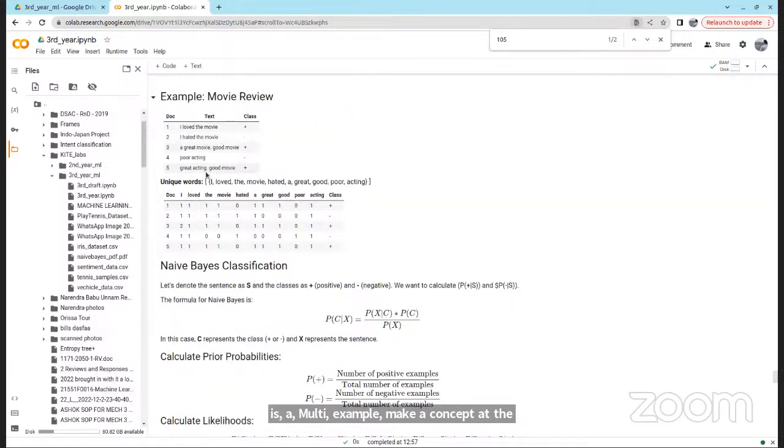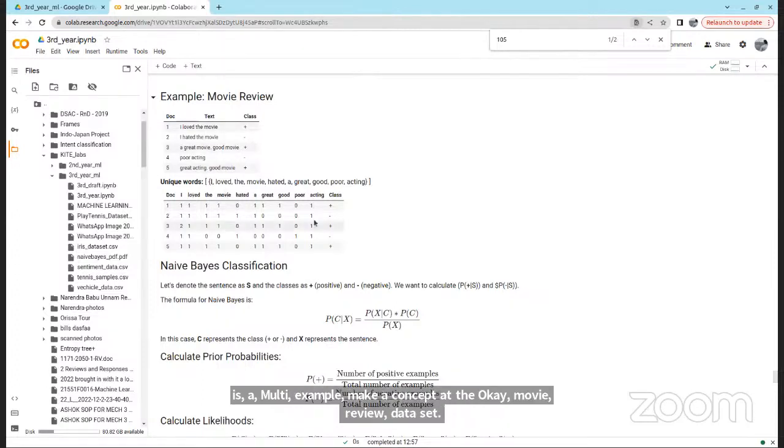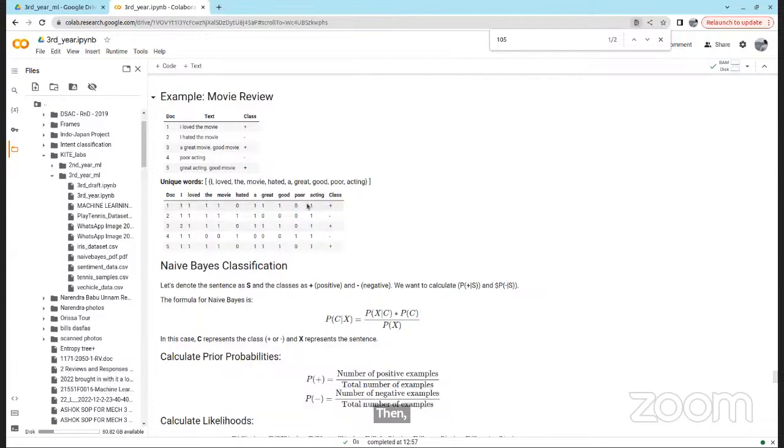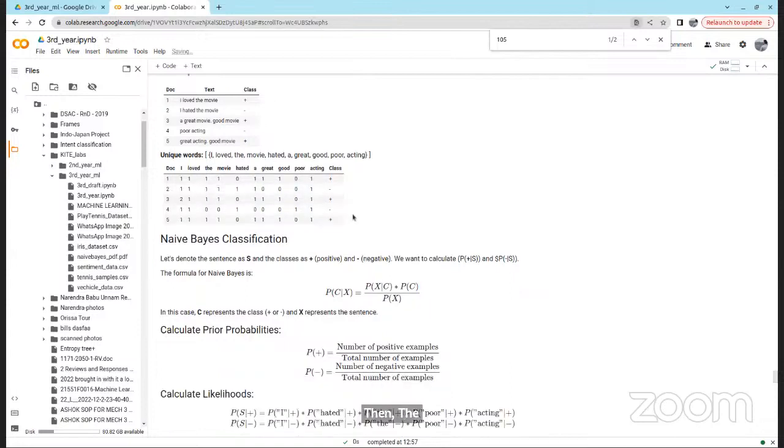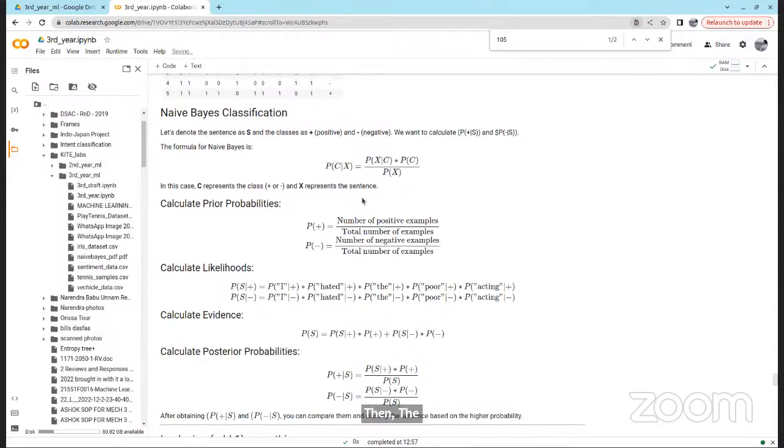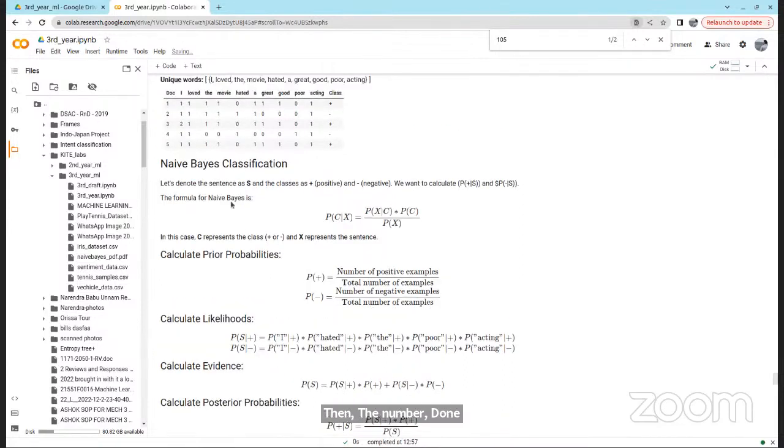ఒక మూవీ రివ్యూ డేటా సెట్ తీసుకోండి. దాని తర్వాత దాన్ని ఇలాగా కన్వర్ట్ చేశారు, నెంబర్స్ లాగా కన్వర్ట్ చేశారు. దాని తర్వాత నేవ్ బేస్ ఎలా చేస్తాము అంటే P(C|X), అంటే ఒక పాయింట్ ఇచ్చి దాని క్లాస్ ఏంటి కనుక్కోవాలి అంటే, మనకి బేస్ ఫామ్‌లో ఉంటుంది కదా, ఇది బేస్ ఫామ్ అనమాట. P(X|C), ఒక క్లాస్‌లో పాజిటివ్‌గా ఉన్నాయన్ని ఆ క్లాస్ ప్రాబబిలిటీ ఎంత, బై ఆ ట్రైనింగ్ పాయింట్ ప్రాబబిలిటీ ఎంత,